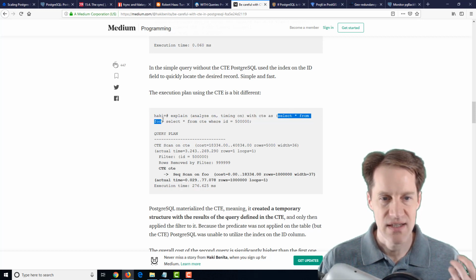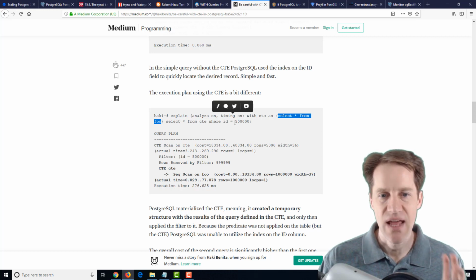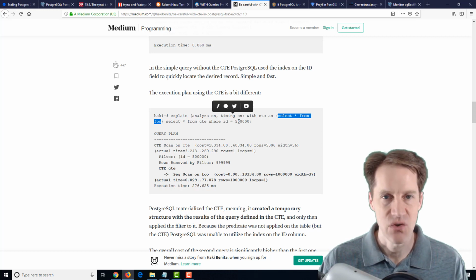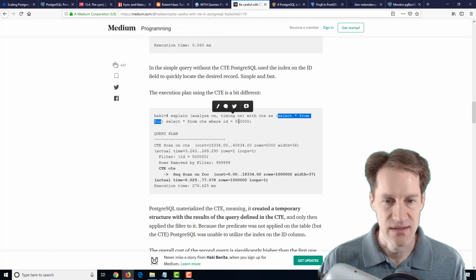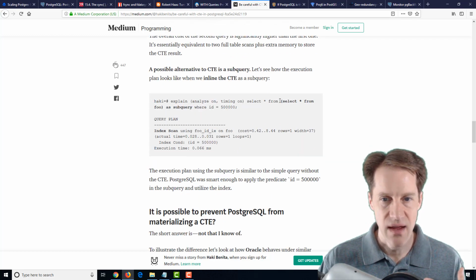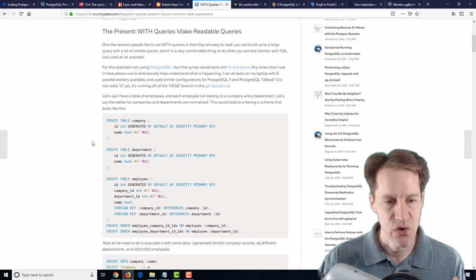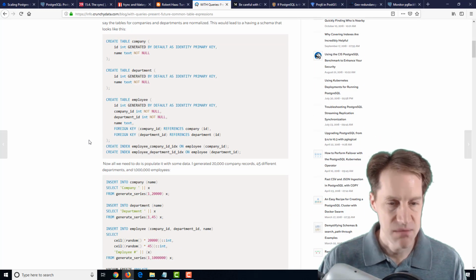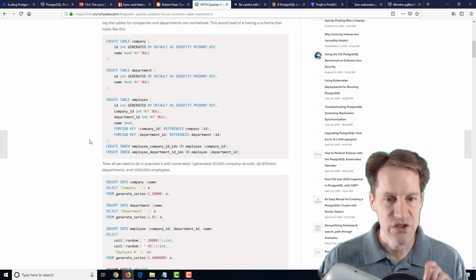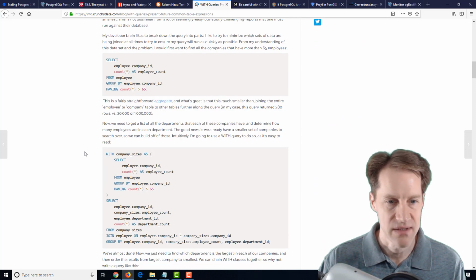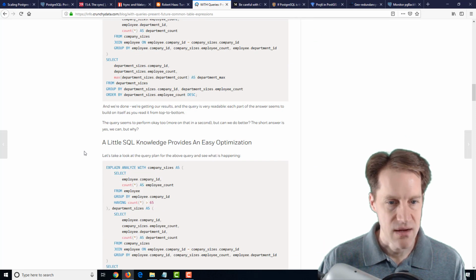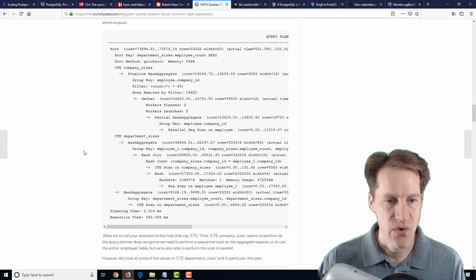It actually created this as a data structure and did not push down essentially this where statement to be able to execute the query faster and use the index. And they were saying, whereas you can do a subselect, in this technique it does use the index scan. So going back to this original post, they basically made a change in PostgreSQL 12 that's projected to be released, where in certain conditions it will push down those where statements to give you better performance. And they go through and do a bunch of tests to show you how it gets pushed down and in